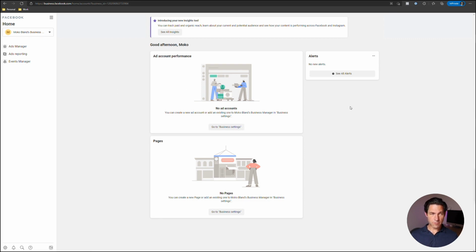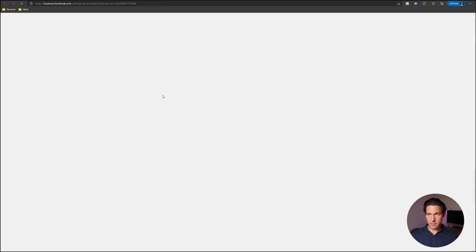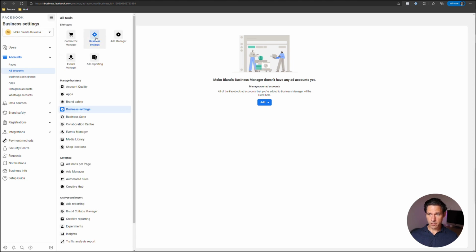The interface that you'll see may be different depending on your region. So I'm in Australia. This is the interface that I see when I log into the Facebook Business Manager. Some other people might see a slightly different interface. In any case, you can click on that button there to get the business settings. But the other way that you can do it is if you click on the hamburger icon, which is usually up there on the top left. You go to the hamburger icon and then just click on business settings.